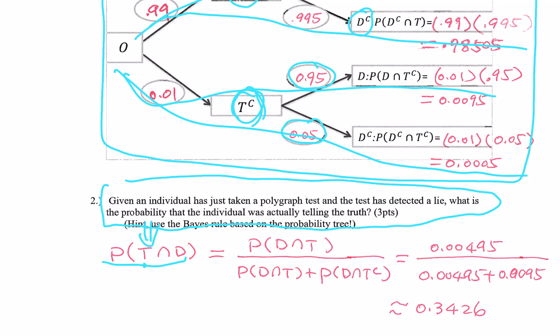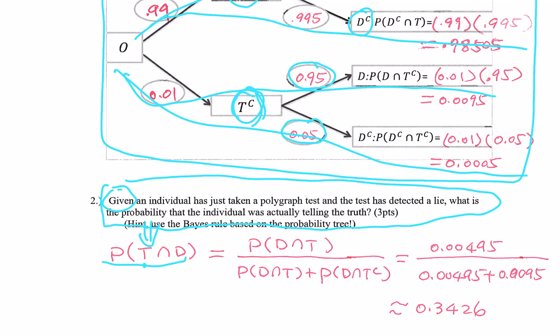D means the lie detector detects a lie, right? Take a look. Given an individual has just taken a polygraph test, what is the probability the individual was actually telling the truth? I think there is a typo here. The word given is a clear indicator for